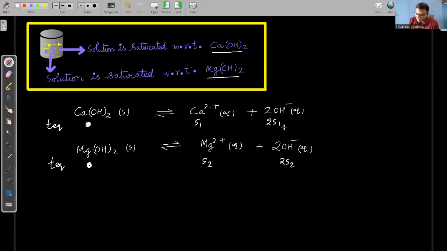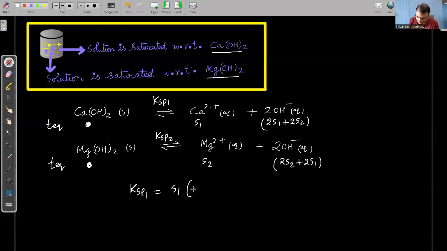Since OH minus ion is common and it is coming from both sources, the net concentration of OH minus in the system is equal to 2S1 plus 2S2. Here also we should write 2S2 plus 2S1. The equilibrium constant for this reaction is Ksp1. The equilibrium constant for this reaction is Ksp2. So we can write now that Ksp1 is equal to the concentration of calcium 2 plus, that is S1, times OH minus whole square, means 2 times S1 plus 2 times S2, whole square. Same way we can write that Ksp2 is equal to S2 times (2 times S1 plus 2 times S2)